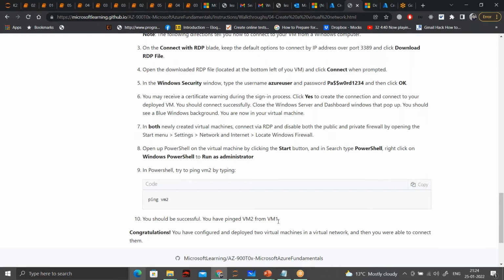So what we have done, we have created two virtual machines, kept them in a single virtual network, and then through the ping mechanism, we can see that they are able to communicate with each other over the virtual network.